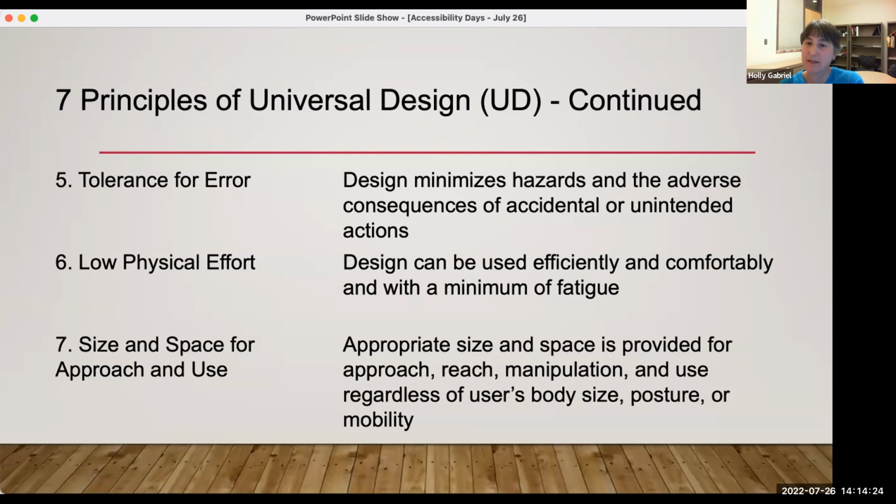Appropriate size and space is provided for approach, reach, manipulation, and use, regardless of the user's body size, posture, or mobility. An example would be a library classroom that has wide enough aisles for different body sizes and users to navigate the room. And like our keynote talked about this morning, having enough open space so that users can